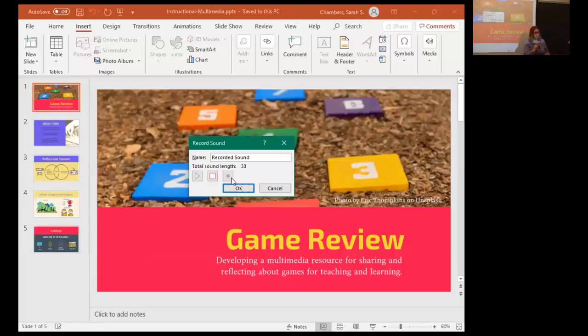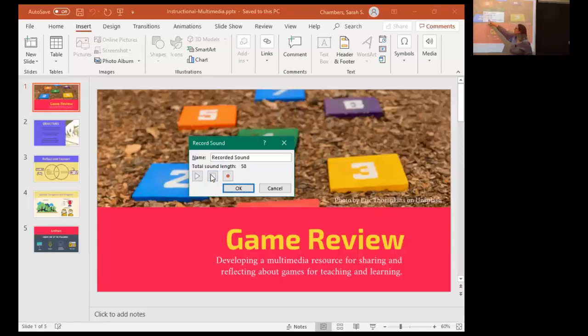So they might realize that a particular simulation might fit in well with history, and how that maybe makes students feel engaged. So those are the things that we would be looking at, and how they're going to share that information. So by pressing the little